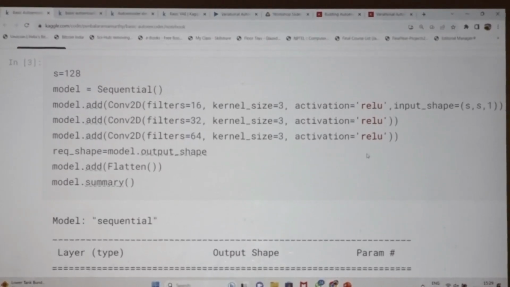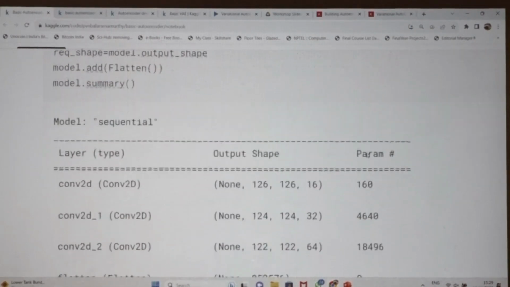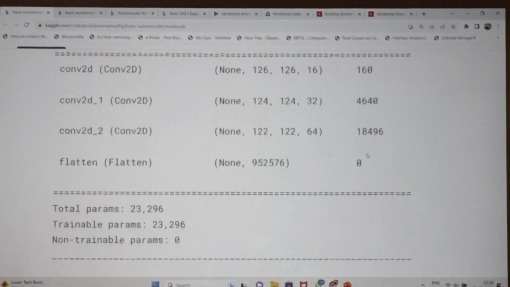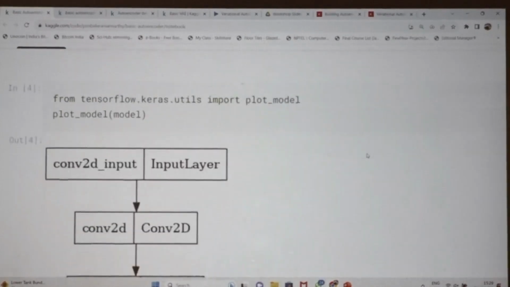Then you can see the architecture of the encoder by using plot_model in the Keras utils. By using this, you can plot any model you develop and see the architecture easily in graphical form.